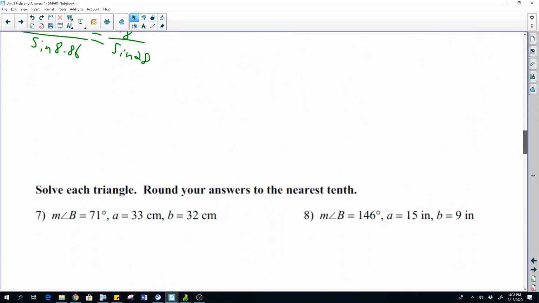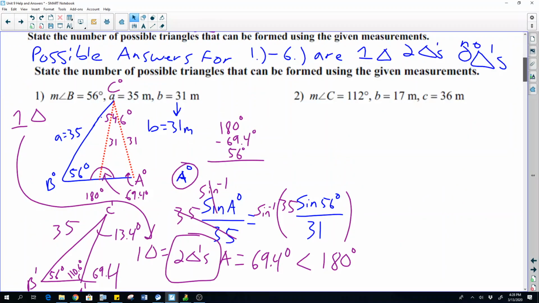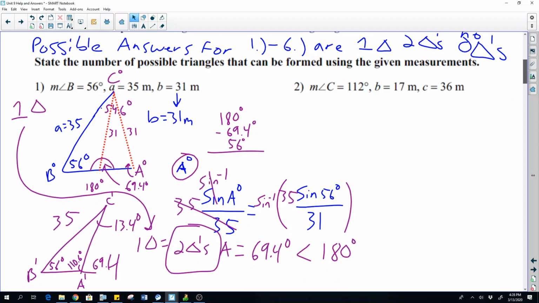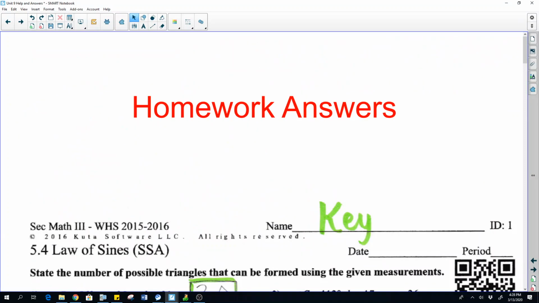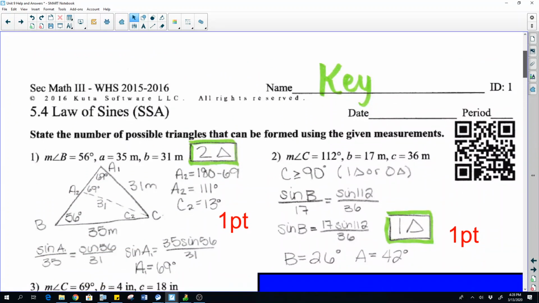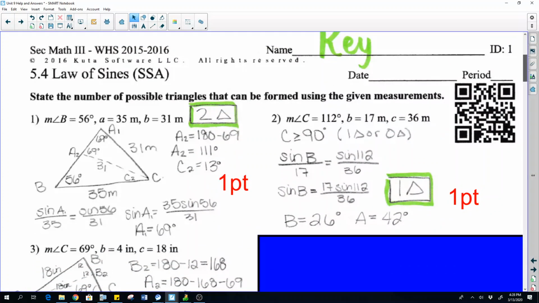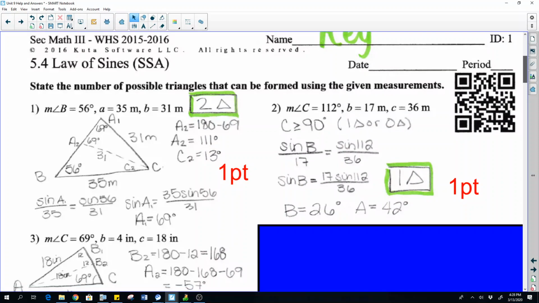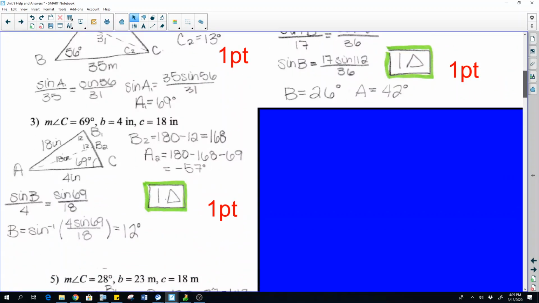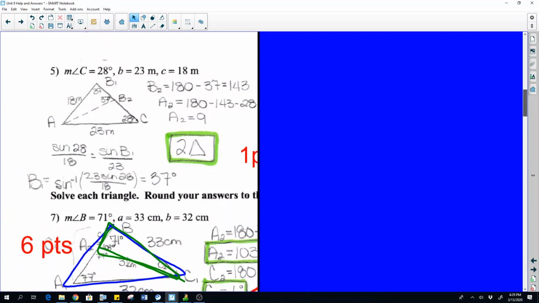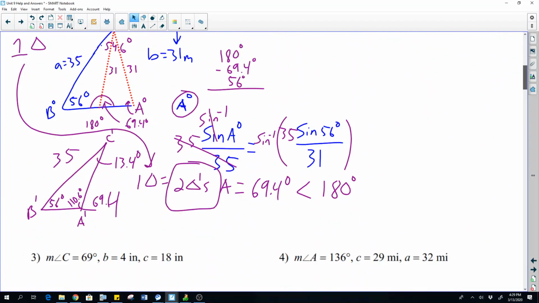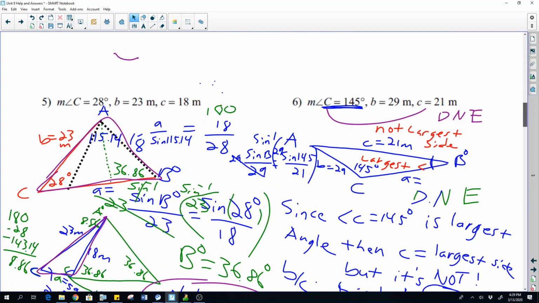So basically for 1, 2, 3, 4, 5, 6, you're supposed to state the possible number of triangles that can be formed. We'll jump over here to the answer key, to the odds at least. For number 2, because it's already an obtuse triangle, we can't swing the leg and make it an acute triangle or another obtuse. That's why it's only one triangle for number 2. Make sure that you keep looking at this video. I'm telling you, the odds are just to help you.